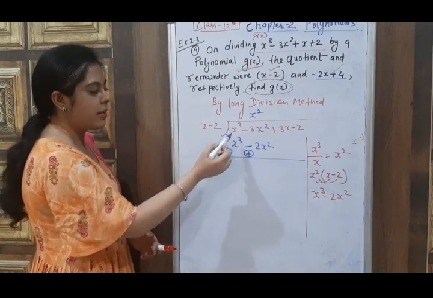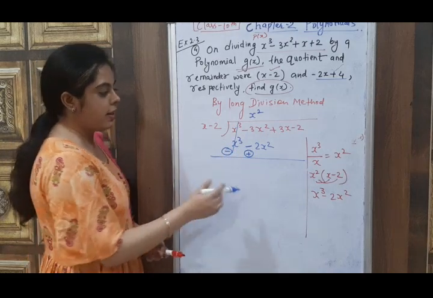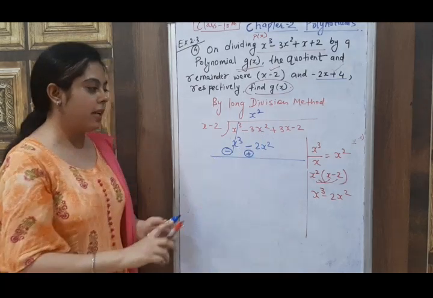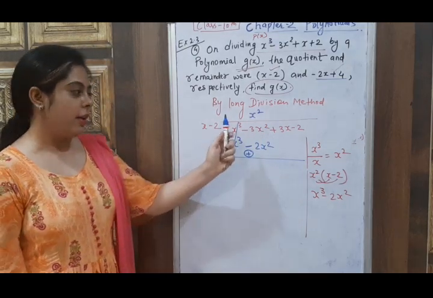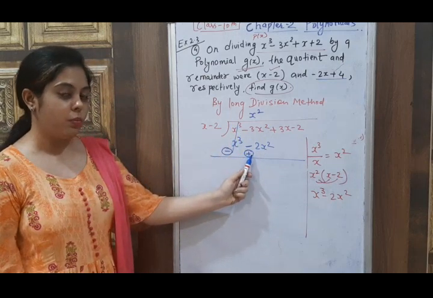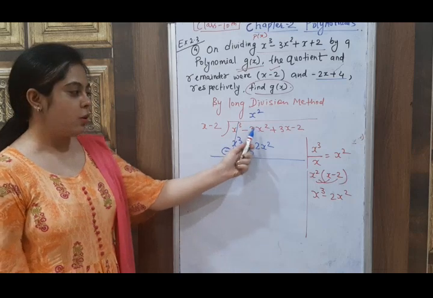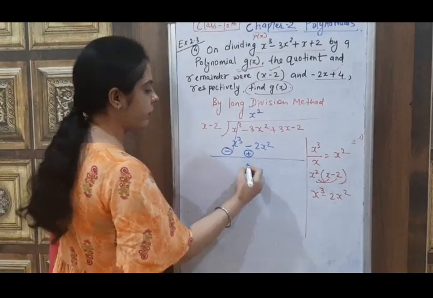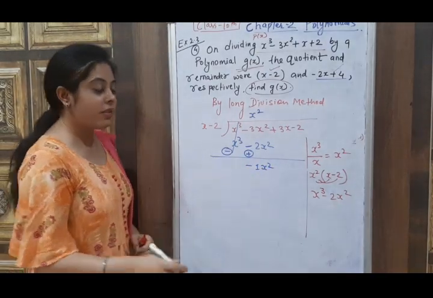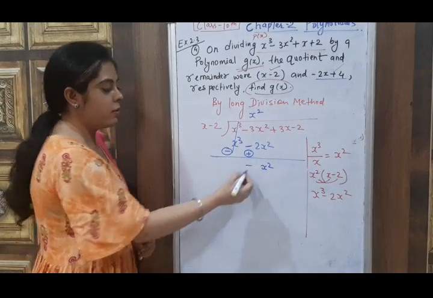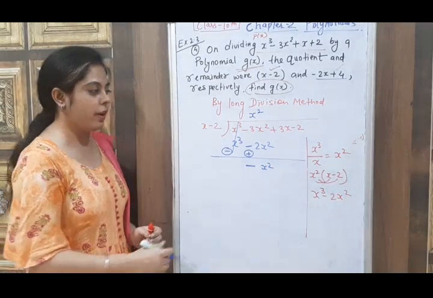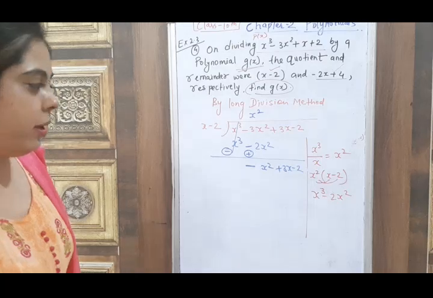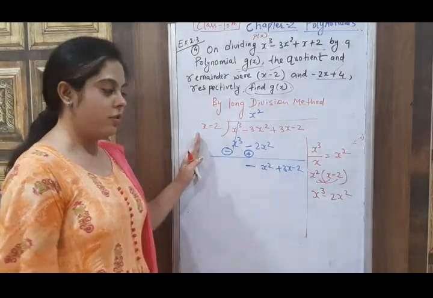Now solve them. Plus minus minus, so it will be cancelled. Here this sign of this 3x square is minus, and the sign of this 2x square is plus. So minus 3 plus 2 gives minus 1. So the answer will come here, minus 1x square. And generally we don't write this 1, so remove it. So here the answer came minus x square. And the next terms we write as it is. So here we got the new polynomial. Now again we have to divide this polynomial by gx.